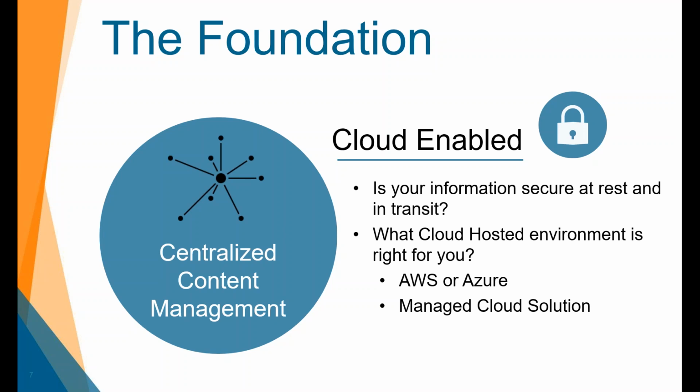When you're looking to prepare yourself for the future, you need to make sure that the solution that you're putting into place is cloud ready. Some additional areas of consideration, whether you're looking at, do I want to host this on premise at my organization or do I want to have it in the cloud, is going to be tied hand in hand to that security question. Is the information going to be secure at rest and in transit if it's a cloud